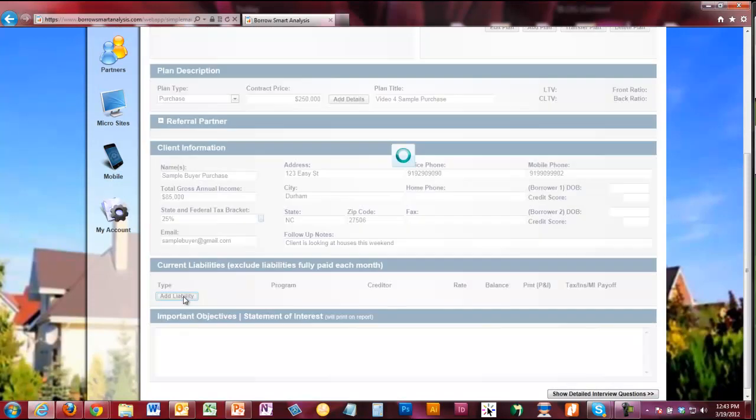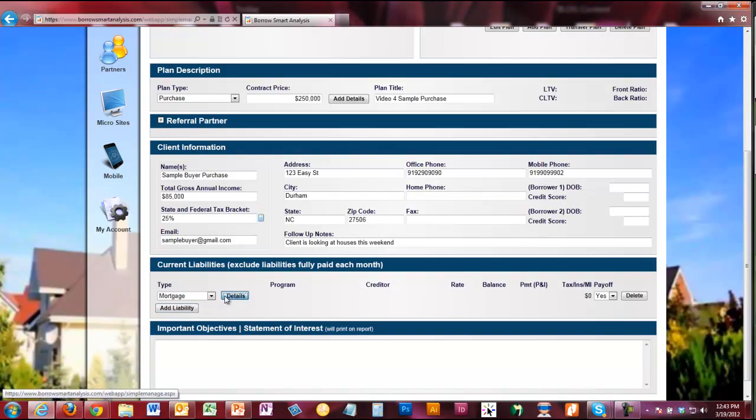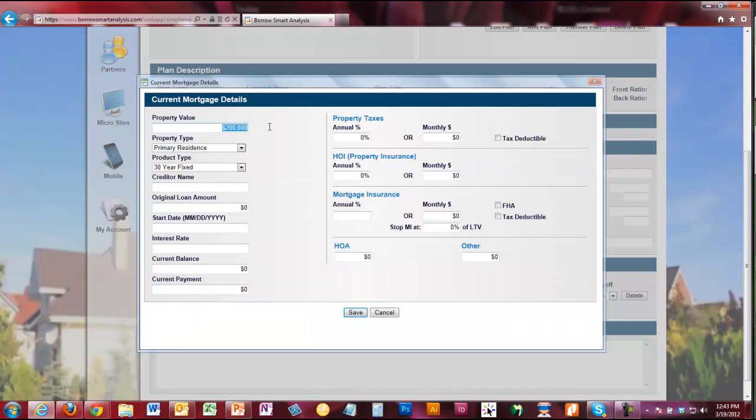Now I'll go into my liabilities. What's the liability they have today? Let's just say we'll keep this one again very simple. They have a current mortgage, and I click on details, and the property value of that property is $200,000. That's what they're selling it for. So we've already put that in there for you. You can adjust it if you want to. It's a primary residence. They have a 30-year fixed. It's with a bank. They originally borrowed $165,000 when they purchased that property, and they purchased that on 3/1/2008, and it's at 6.5, and their current balance on that property we'll just say is